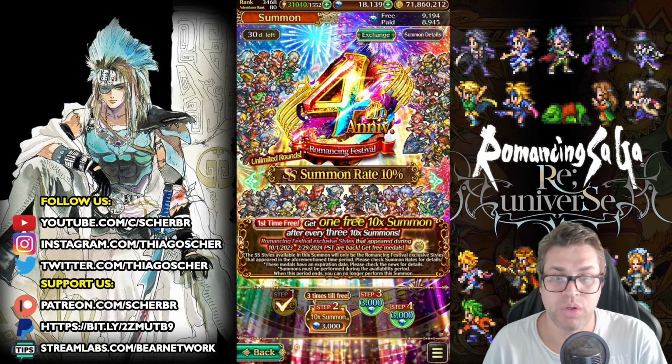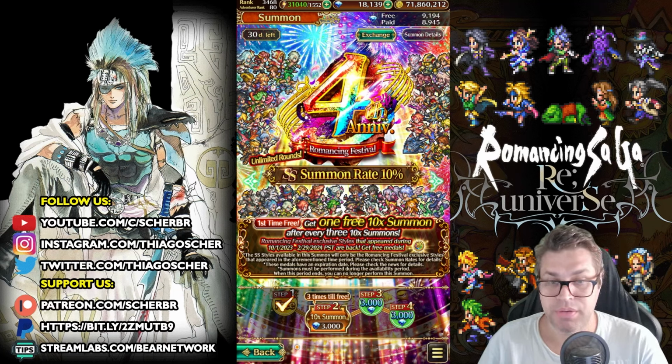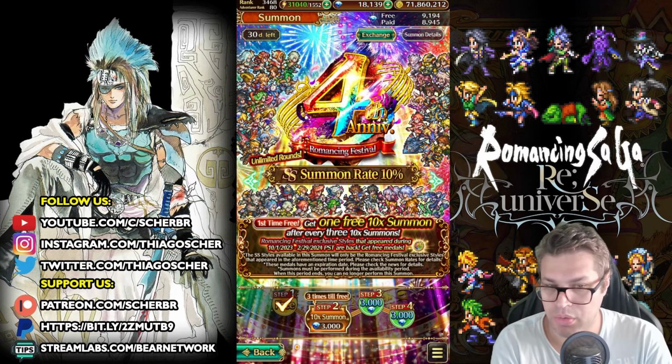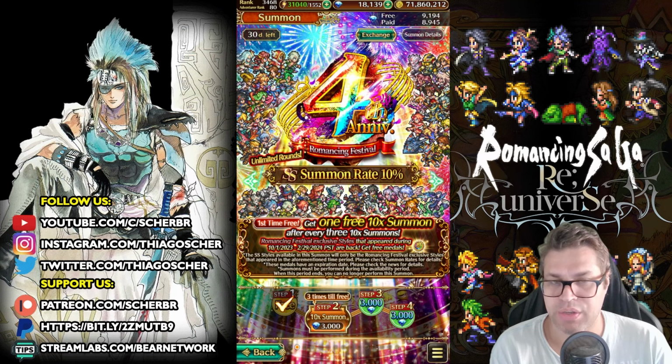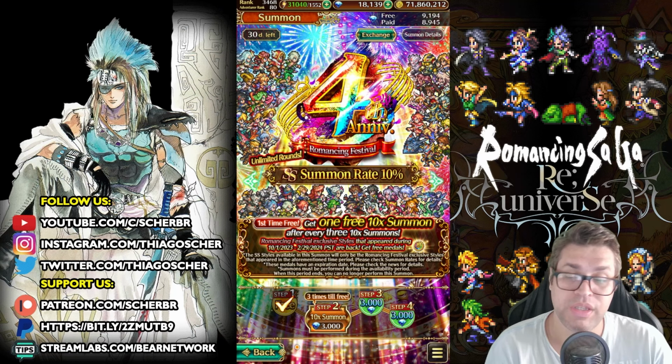On today's video, I want to talk about the 4th Anniversary Romancing Festival Rerun banner that brings a lot of good things. First, it has a 10% drop rate, meaning that it's double the normal because there are plenty of styles here. And the styles that you can find here are from 1 of October of 2023 to 29 of